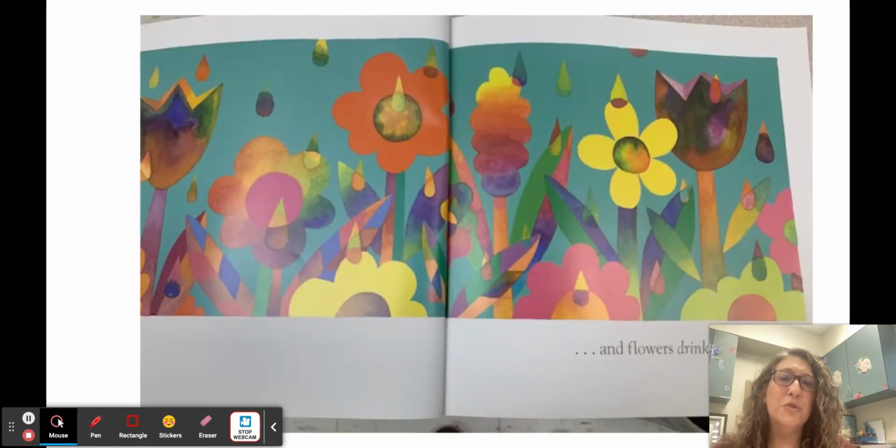And flowers drink. Flowers drink the water. We've seen that our spinach outside growing in the garden drinks the water from the rain. And our flowers in here in the classroom, our zinnias, we water them so that they can drink the water. But do they use their mouths? Do flowers have mouths? Hmm.